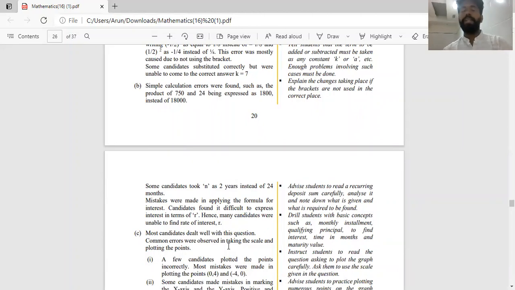So, first of all, you need to know the entire concept. There is only one formula in this chapter, that is P into N into N plus 1 upon 2 into 12 into R upon 100, which is the formula for interest. You add that to the amount deposited and you get your maturity value. So using this very formula, you can calculate maturity value, principal, number of years, and rate of interest, as well as the interest. So you need to practice ample amount of sums for each and every type, whether it is to calculate principal, rate of interest, or maturity value, or the time period.